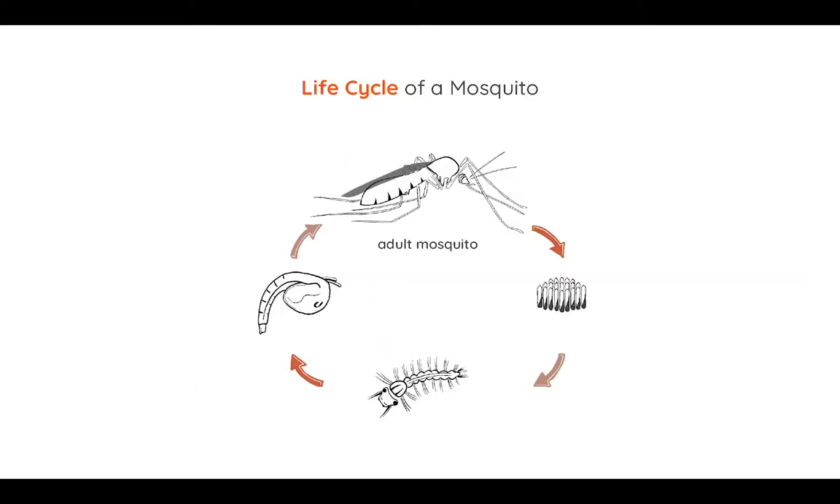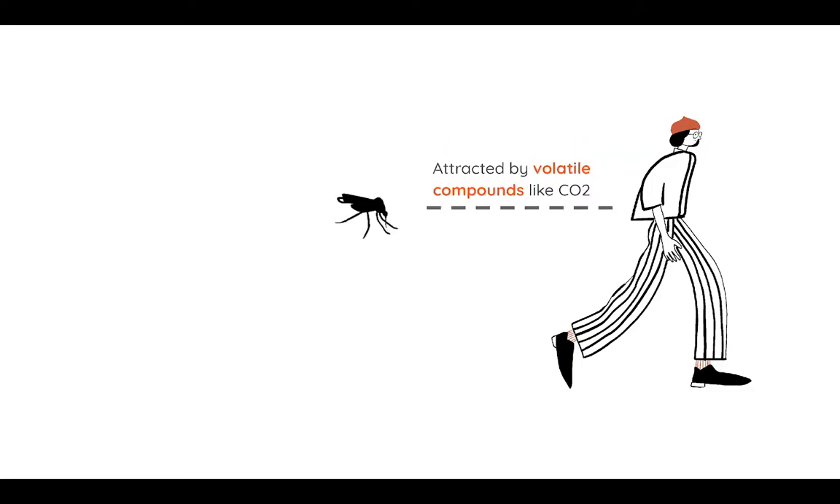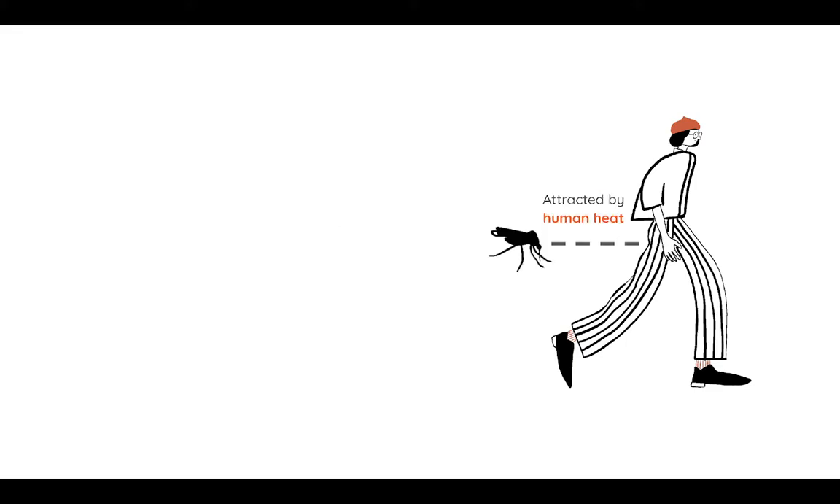Let's take a look at the life cycle of a mosquito. Why do they feed on blood? The adult mosquito lays its eggs, turning into a larva, then into a pupa, and into an adult mosquito. In order for this life cycle to continue, mosquitoes must reproduce. And to reproduce, the mosquitoes need blood. No matter the distance, mosquitoes travel many kilometers and are attracted by volatile compounds such as CO2, human heat, and